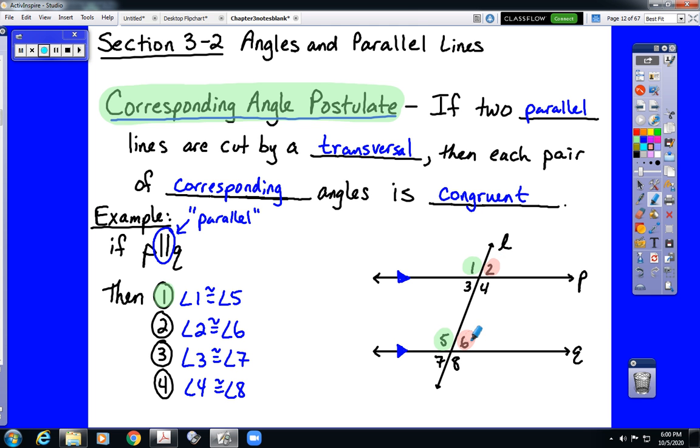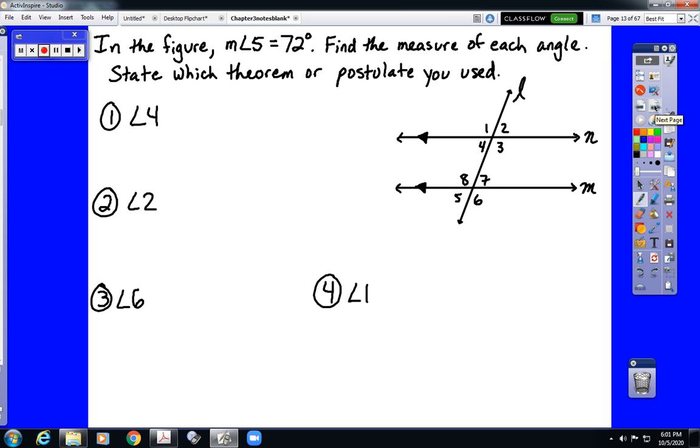2 and 6 are both on the upper right at different points of intersection. 3 and 7 are on the lower left at different points of intersection. And 4 and 8 are on the lower right. Any one of those 4 sets of corresponding angles would have to be congruent based on this postulate because P is parallel to Q. Now, that means that if we have a set of parallel lines with a transversal, that